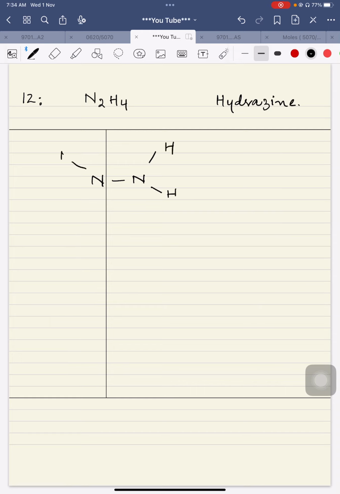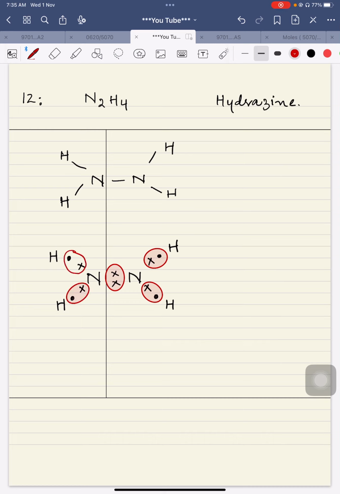Each of the nitrogen atoms is going to share one electron with each other, whereas each of the nitrogen atoms is going to share one electron with two of the hydrogen atoms separately. So this is the diagram. The first one is the bonded diagram. The next one is the sharing region diagram, which I'm telling you here. For example, this is it. And these are the two electrons between two nitrogen atoms. These are the electrons of nitrogen and hydrogen atoms.